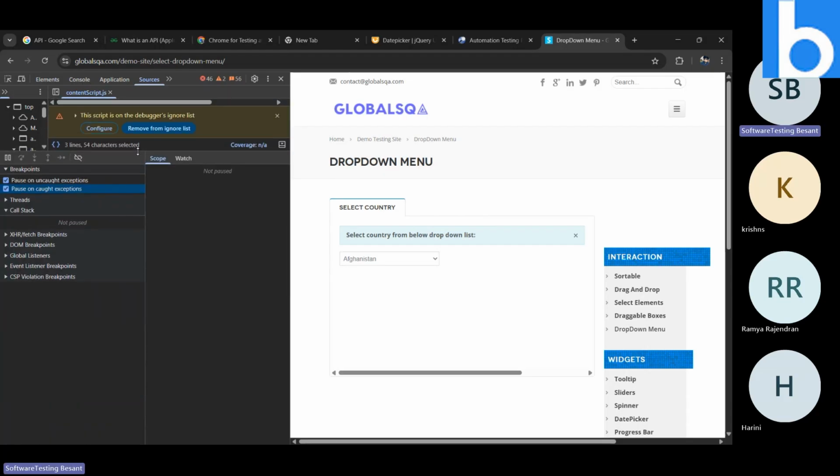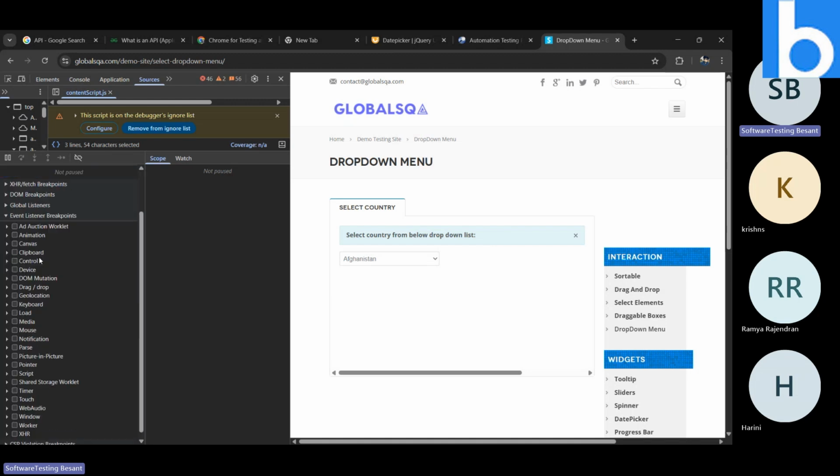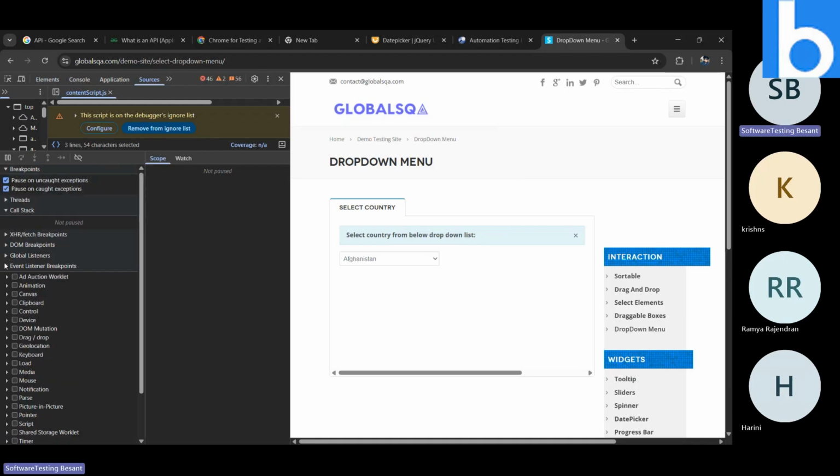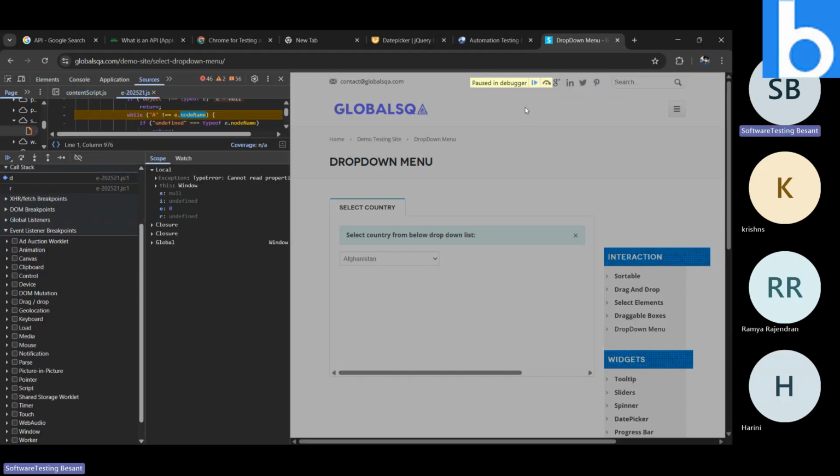Okay, this is not part of Selenium. This is how to handle the UI. Here we have a concept called event listener breakpoints. What is meant by event listener breakpoints? It has a list of options. Currently I'm not using an event listener, even though I can